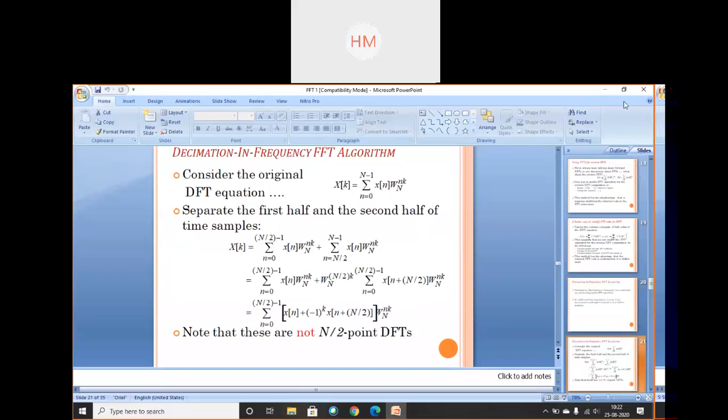Decimation in frequency. Consider the original DFT equation. We all know the original DFT equation is